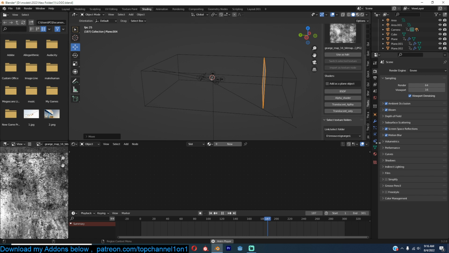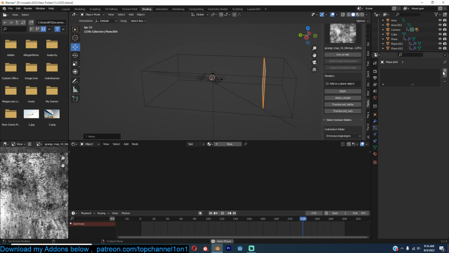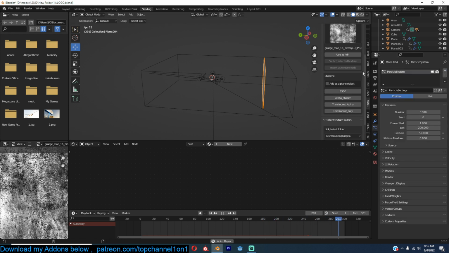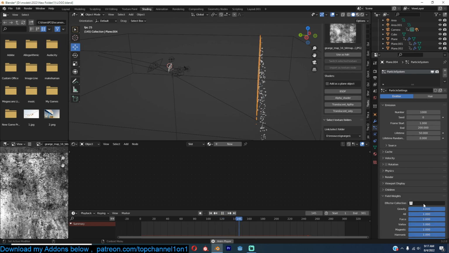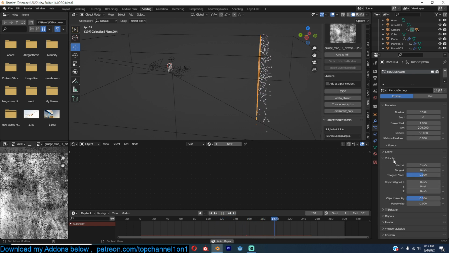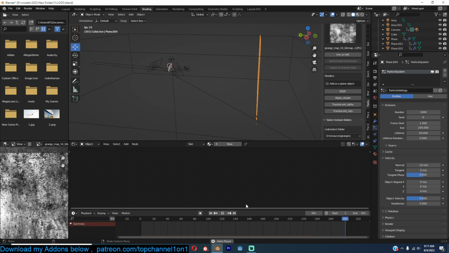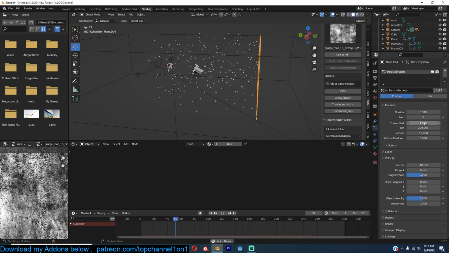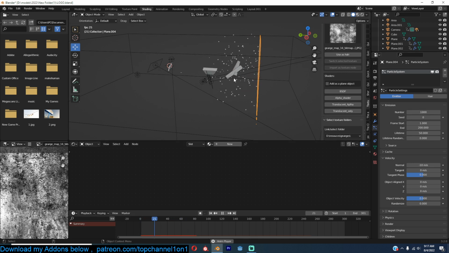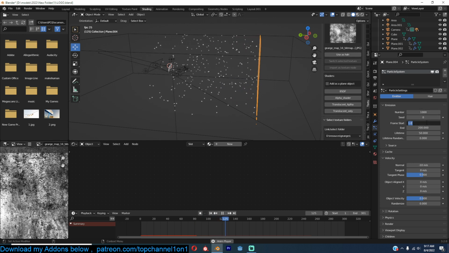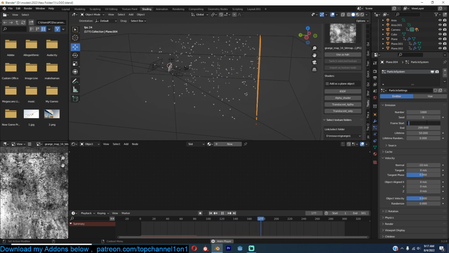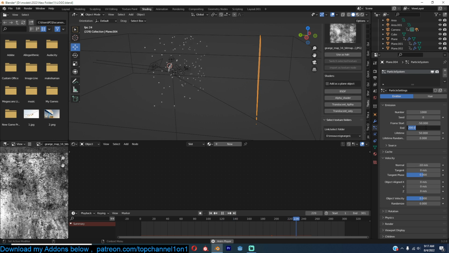So let's give this particle system the falling the wrong direction. So let's go to the field weights, kind of gravity, and the velocity should be -10 for the normal, so that the particles are going in the normal direction like that. And we don't want to start off with a few particles and then going in. So I'm going to start at a negative frame. Let's say -50. The end life should be 300,